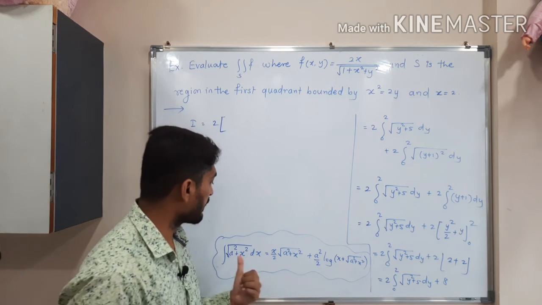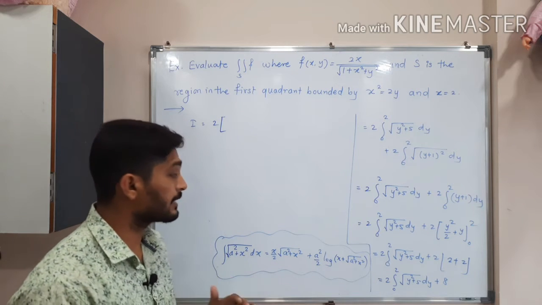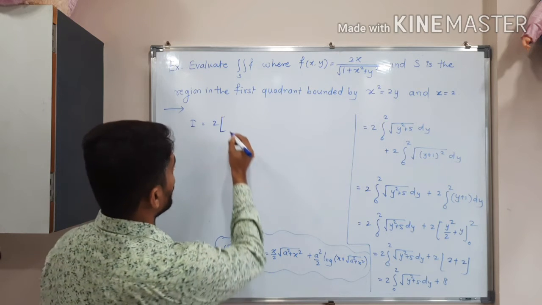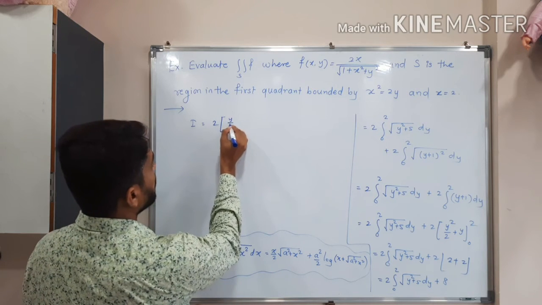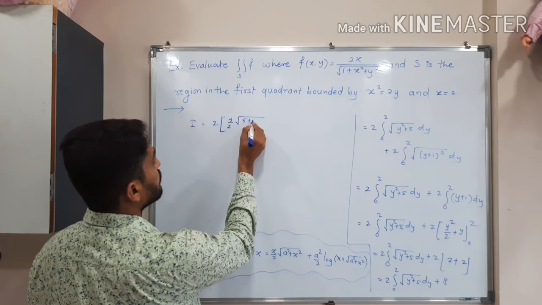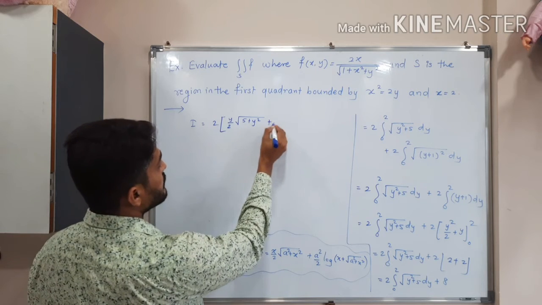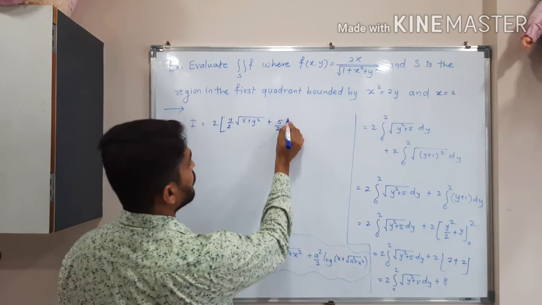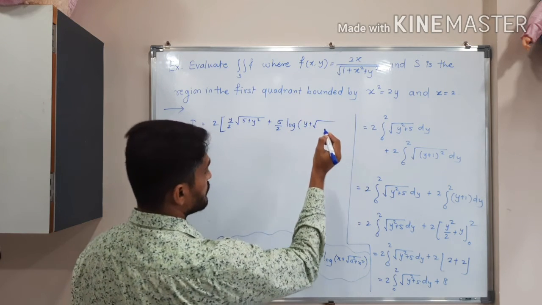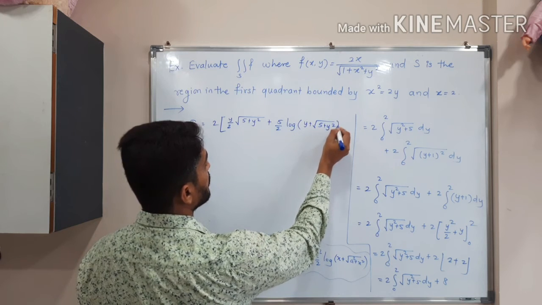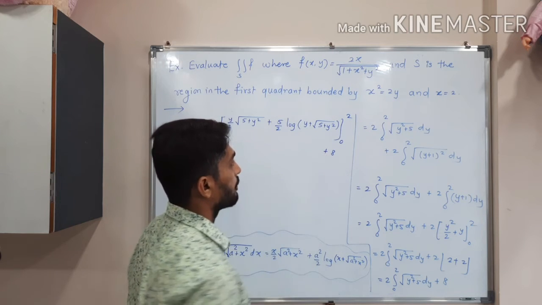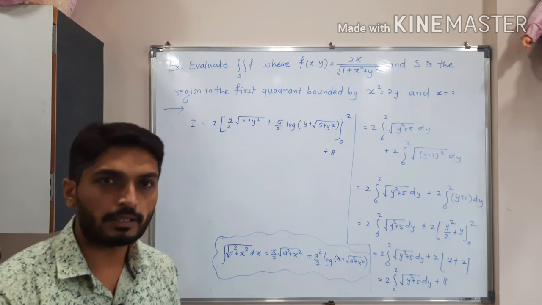So in place of y, we have x here, and in place of phi, we have a square there. Getting? So using this formula, I can write. So this is equal to x means y by 2, correct? Root a square, that means 5 plus y square, plus a square means 5 by 2 log x means y plus root a square means 5 plus y square, and the limits are 0 to 2 and plus 8 we have. Okay, so let us put the upper limit and lower limit, and it will be simpler.